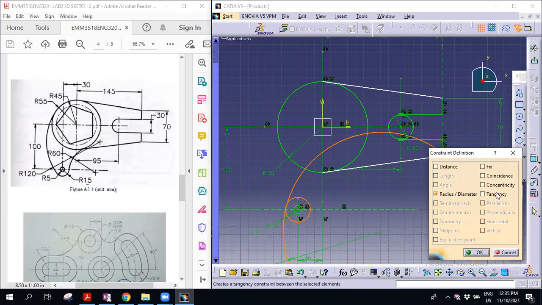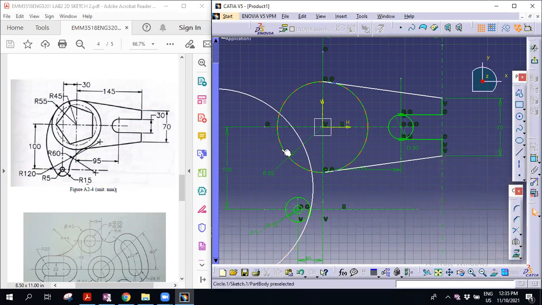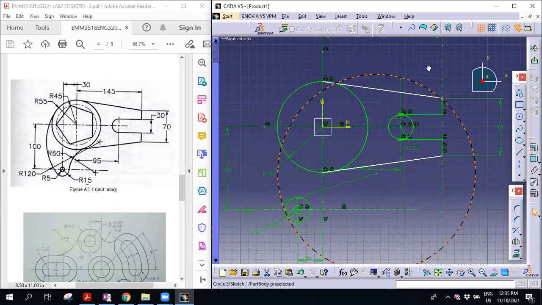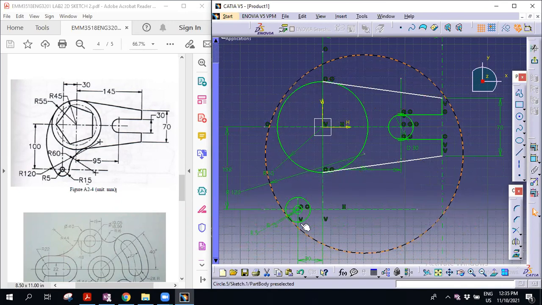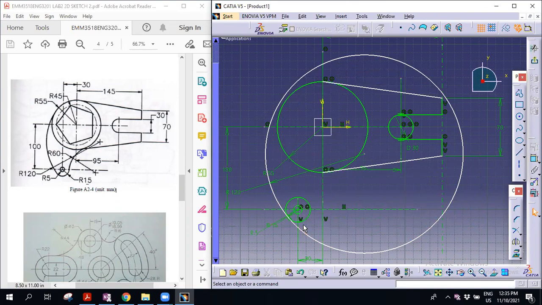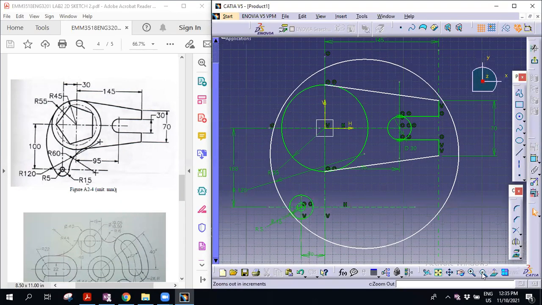Then you select tangent. Okay. Another way is you can move this one to be tangent. Try to move it near to the other circle here. Okay. Next, when you select the tangent,